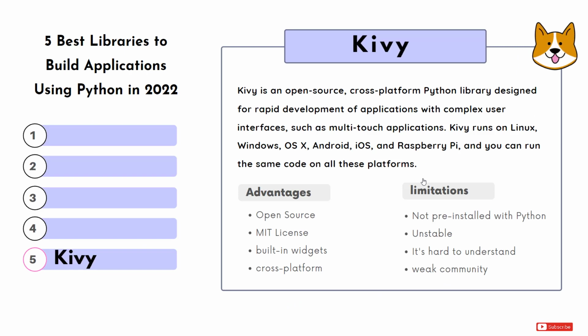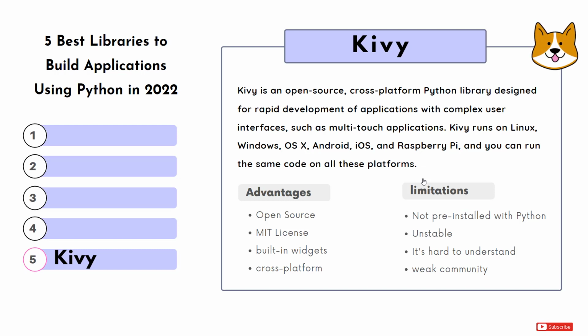So, when it comes to the top 5, the fifth one is actually Kivy. Kivy is an open source cross-platform Python library which is designed for rapid development of applications with complex user interfaces, such as multi-touch applications. Kivy runs on Linux, Windows, OS X, Android, iOS, Raspberry Pi. In any operating system it's gonna run. That's the reason it is called a cross-platform Python library that we use to design interfaces, multi-touch interfaces